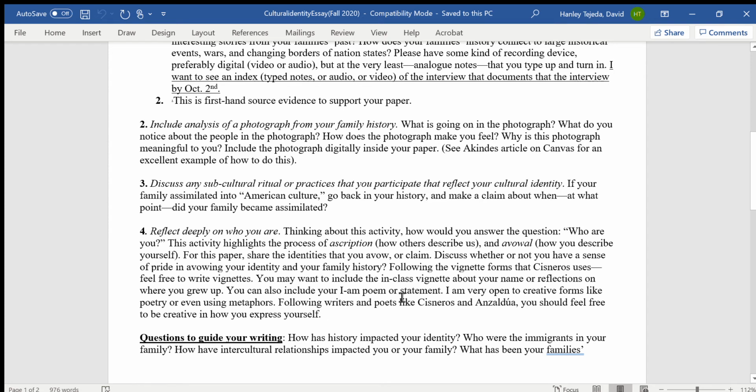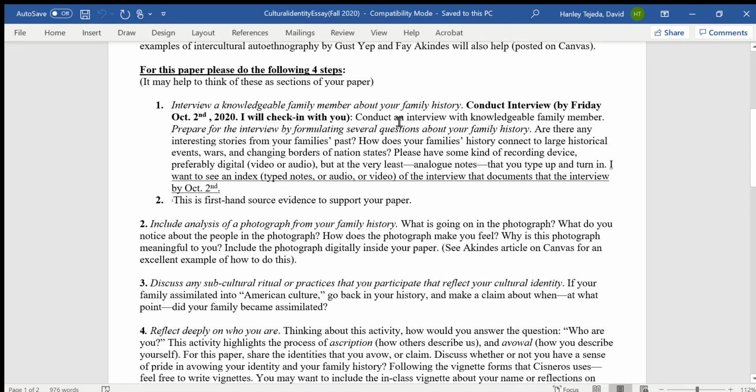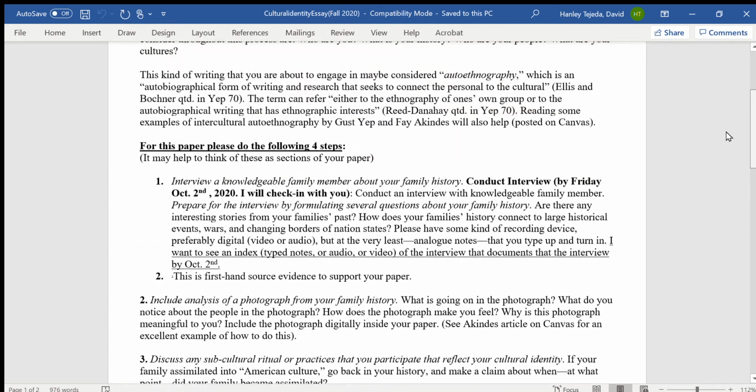I'm open to that. And yeah, that sort of ends the paper. I'd also like you to name the sections of each paper. So you want to have a good title for the whole paper, but also subheadings for each of these sections. And again, I'll show you some examples of what this paper has looked like in the past from students who have already written their papers.